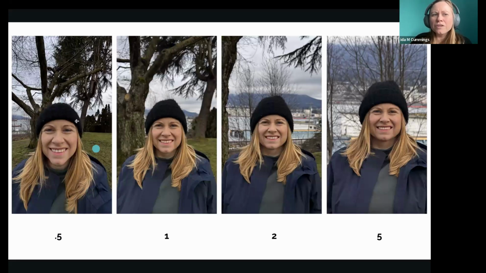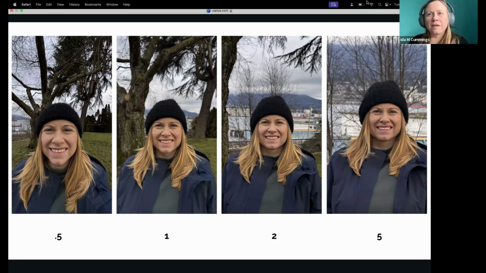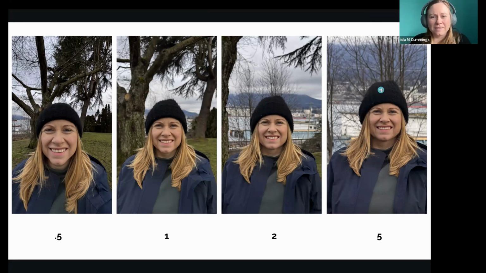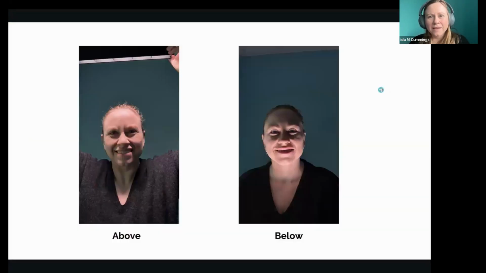So when you're shooting in the wide, make sure everyone's further back and in the middle, and then as you zoom in, you can see that the proportions get a little better. And I suggest you all start to play around with both of these angles, just to understand it a little bit more.